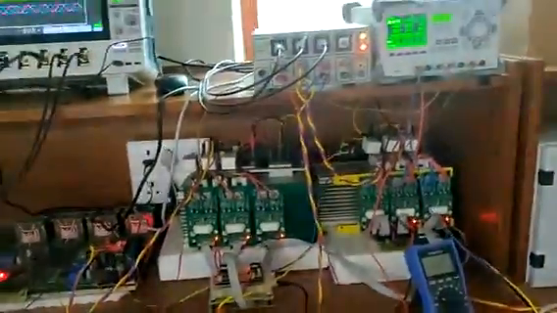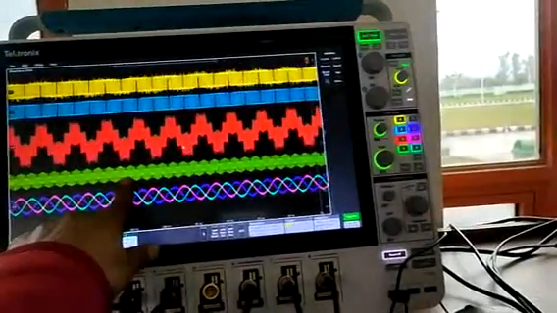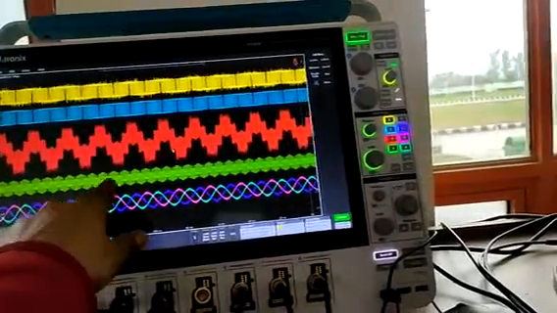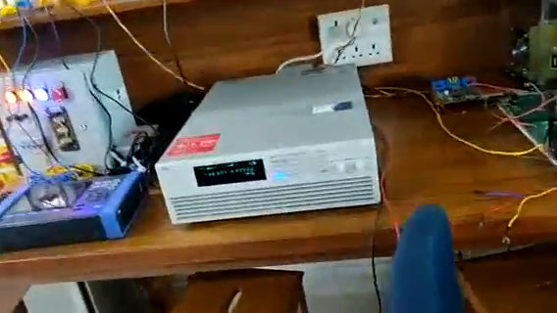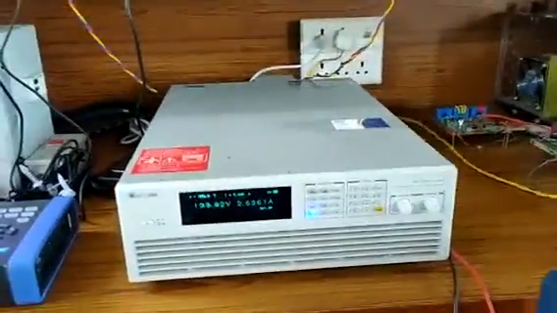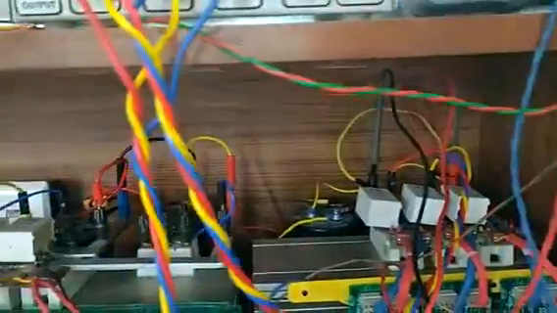So this is with respect to the complementary switching algorithm. As you can see here, the common mode voltage is appearing between the midpoint of the two capacitors, so that we cannot short the DC bus. Now this is the complementary per phase balance switching algorithm, where this is one DC source and this one is the other DC source. Now I am feeding from this one and this one, you can see.